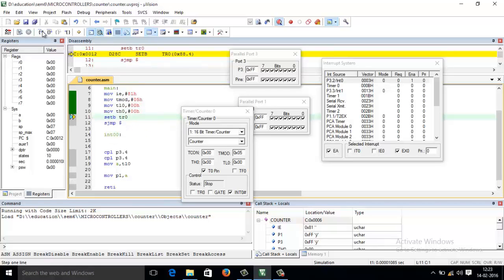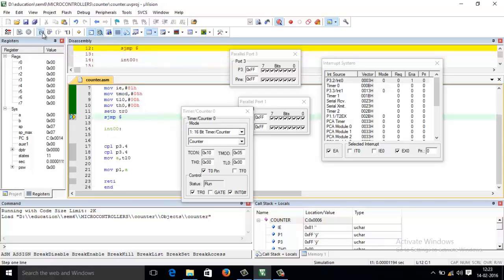Now I'm starting the counter, and I gave a statement SJMP $, which means it will stay in the same step until my interrupt request is enabled. As you can see here, we are using interrupt 0, so when we uncheck this P3.2 value, the request of interrupt 0 will be enabled. Here the request will become 1. As you can see, when I'm unchecking this, the request has become 1. Now it will go to the interrupt routine.